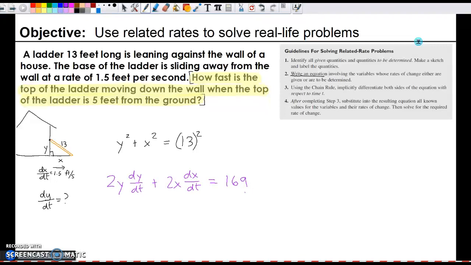Now I'll plug in all the known quantities. In this case, I know what y is going to be. I want when the height is 5, so I want when 5 is here. That's why I plugged in 5 there. dy/dt I do not know, so I'm going to leave that as dy/dt, plus 2 times my x